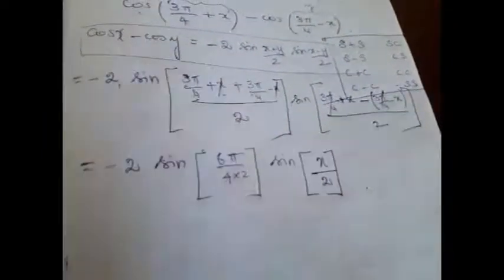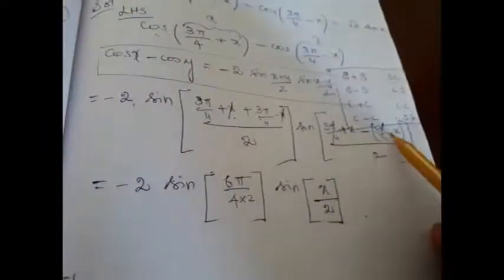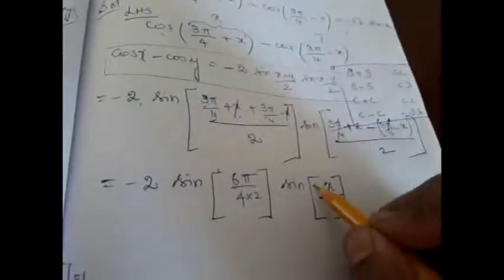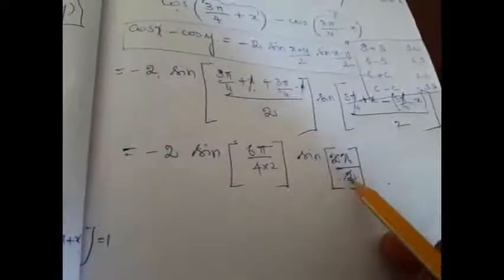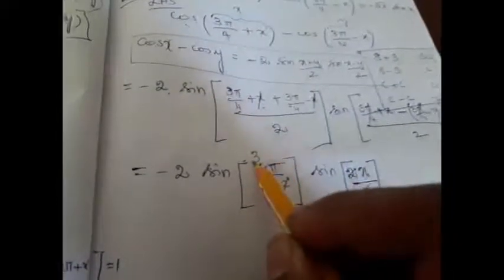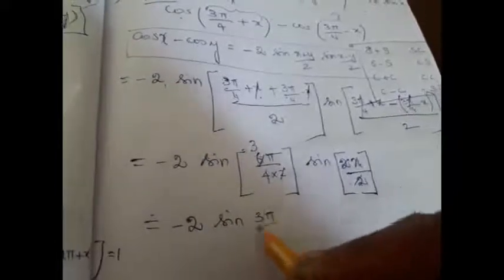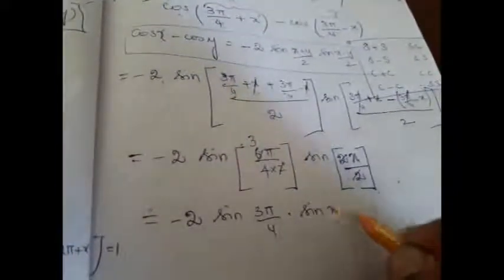Now let us see what happens. Yes. See here, x minus into minus plus x. x plus x is 2x actually. Right. So 2x divided by 2, so 2 will get cancelled. This 2 and this 2 you can cancel because this 2 is also for angle. If we have 2 here, this 2 and this 2 you should not cancel because this denotes angle but this denotes scalar. Now these two I can cancel, 2 ones are and 2 threes are, right? So what we have now: minus 2 sine 3 pi by 4 into sine x, right?